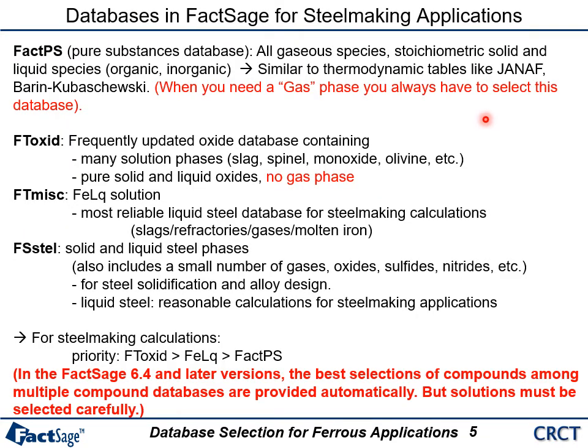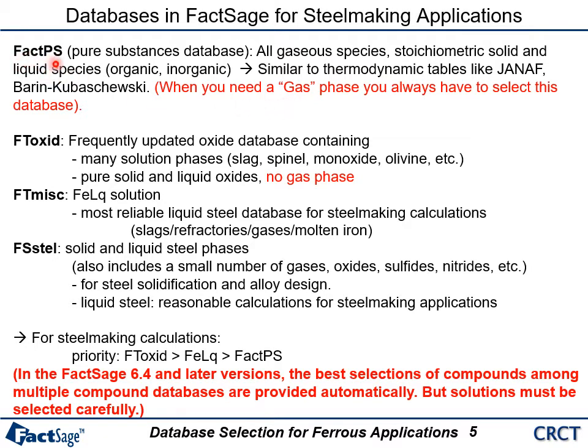Now let me show you the important thermodynamic databases for steelmaking applications. In a typical steelmaking calculation, we use these databases. The very first one is the PACT PS database, which contains pure stoichiometric compounds, so it doesn't have a solution database. However, it contains a lot of metallic oxide and also gas data. Especially in terms of gas species, the PACT PS database is always necessary. So when you control the partial pressure of oxygen, nitrogen or hydrogen, etc., we always have to choose